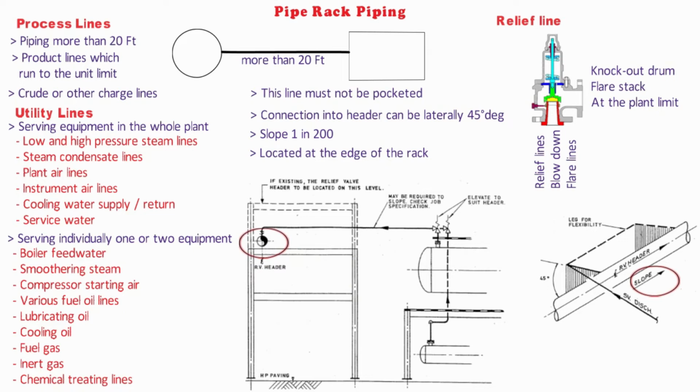Instrument lines and cable trays are often supported in the rack and extra space should be provided for these facilities. The best cable tray arrangement eliminates almost all elevation changes between the plant and the control room. This can be easily achieved when the cable tray is supported outside the pipe rack column at a suitable elevation. But at the same time, we have to maintain a safe distance between hot lines and trays.